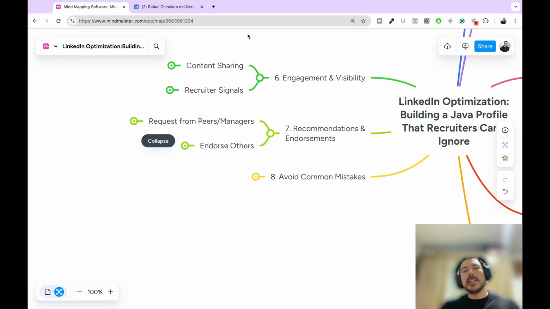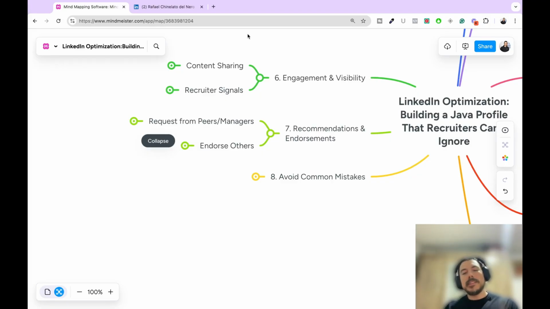Therefore, a technique is that you choose someone you respect in your company or even in previous companies, and you give a recommendation without expecting anything back. But at the same time, you say, hey, my colleague, it would be nice if you could give me a recommendation back. I would highly appreciate that. And if you did something impactful in that company, and this person knows you did it, you can even say, hey, can you please mention the day I improved the requests per minute of that very heavy API? And if they tell you, hey, for sure, I can help you with that, then that's great, right?